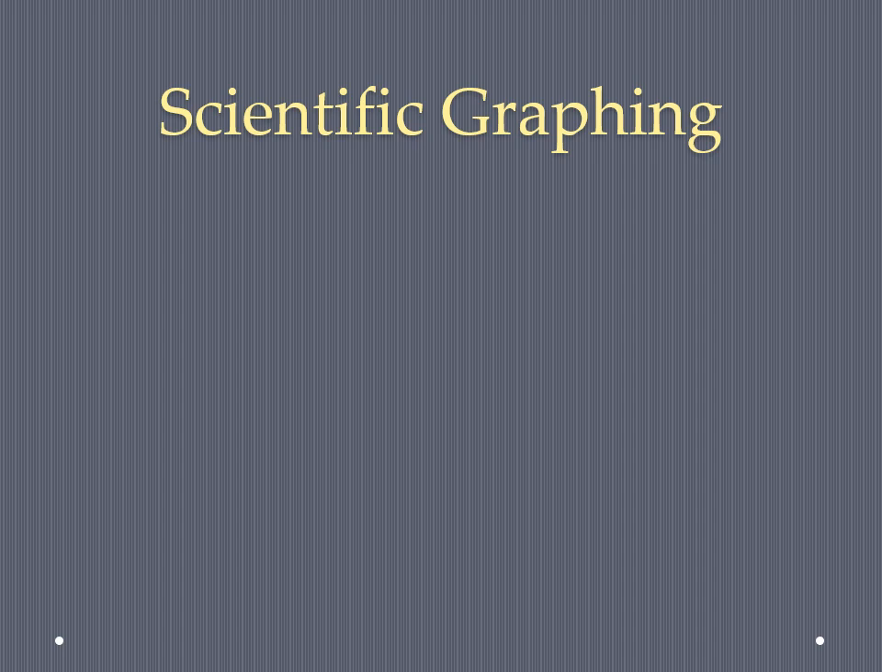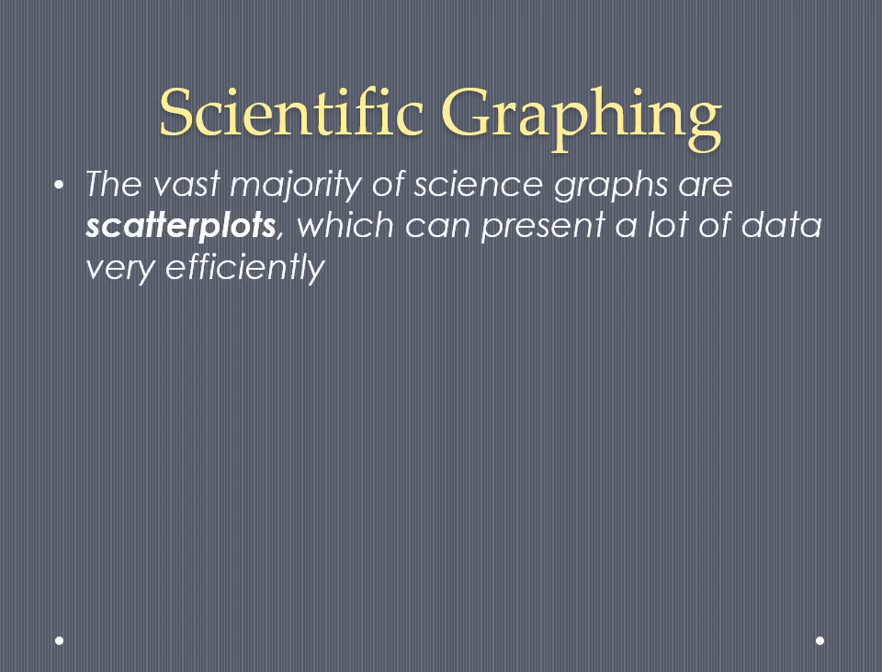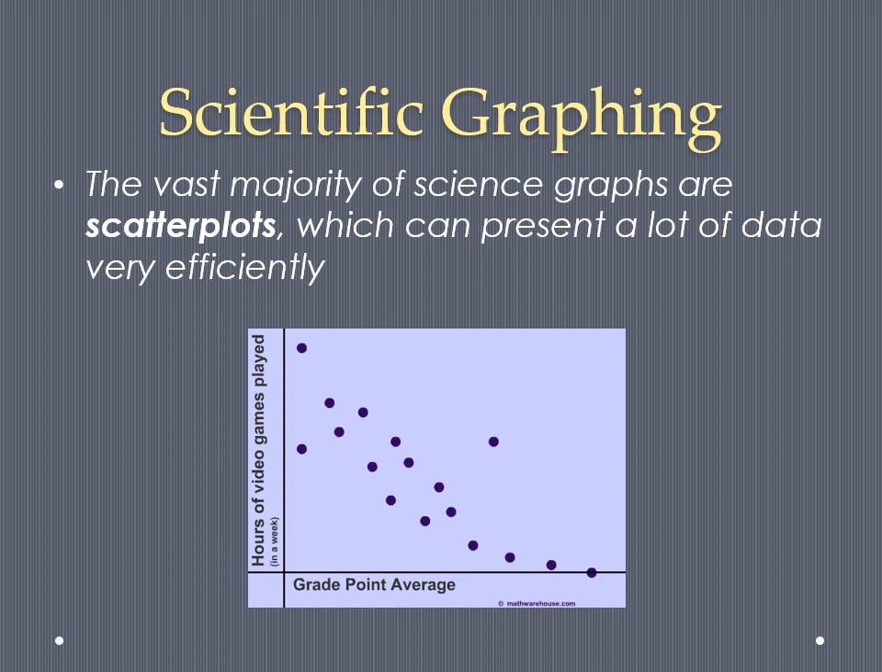I'm sure you made a lot of different kinds of graphs in middle school, but almost all real science experiments are graphed using the scatterplot, and every graph that you're going to make in this class, we're going to be making with a scatterplot, which is basically a graph that shows just the data points that show a relationship between the two variables. In this case, the two variables are the hours of video games someone plays and their grade point average. The reason why we use scatterplots is because this lets us present a lot of data really efficiently